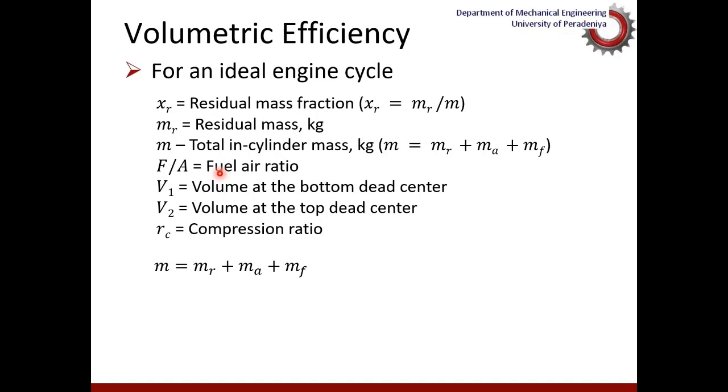For example, the total mass, as we just said, is MR plus MA plus MF. XR is MR over M. F over A, the fuel-air ratio, is MF over MA. And if you substitute